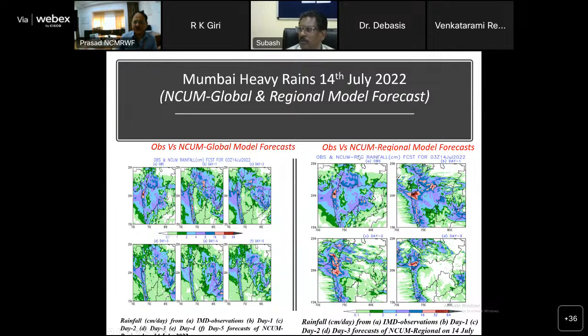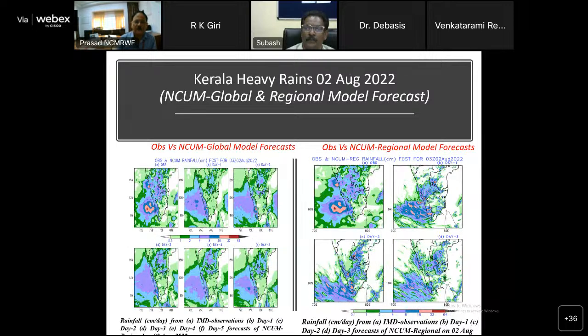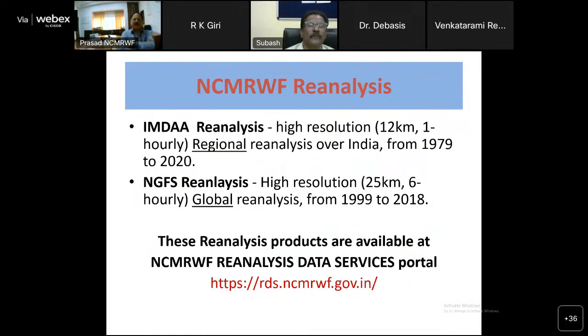So by using the regional models, the higher resolution models, we can resolve the events more closely and more precisely to the locations. This is the demonstration with this one. And with this development of the high resolution models, the reliability of the forecasts compared to the global level will be achieved in the near future, and